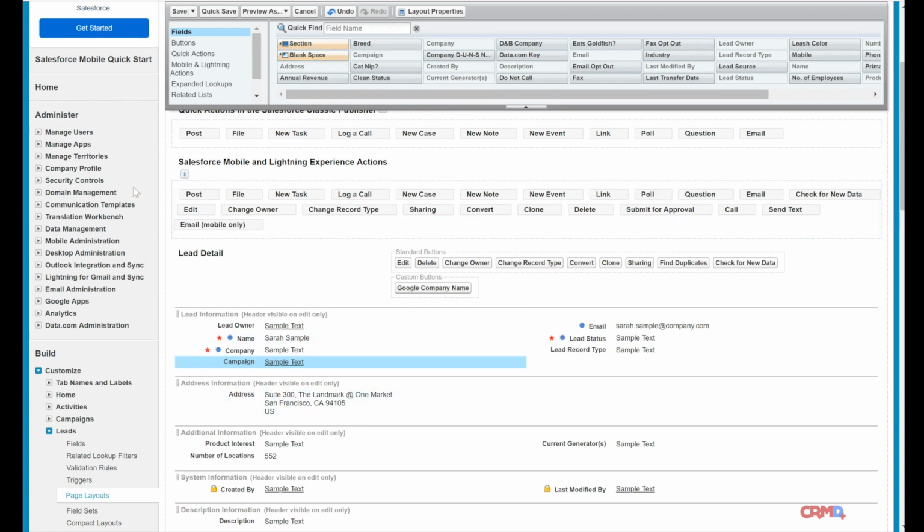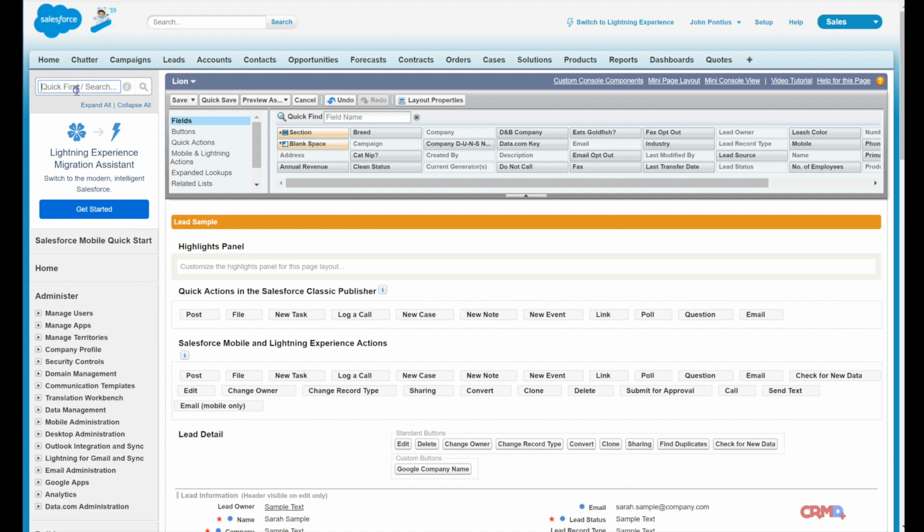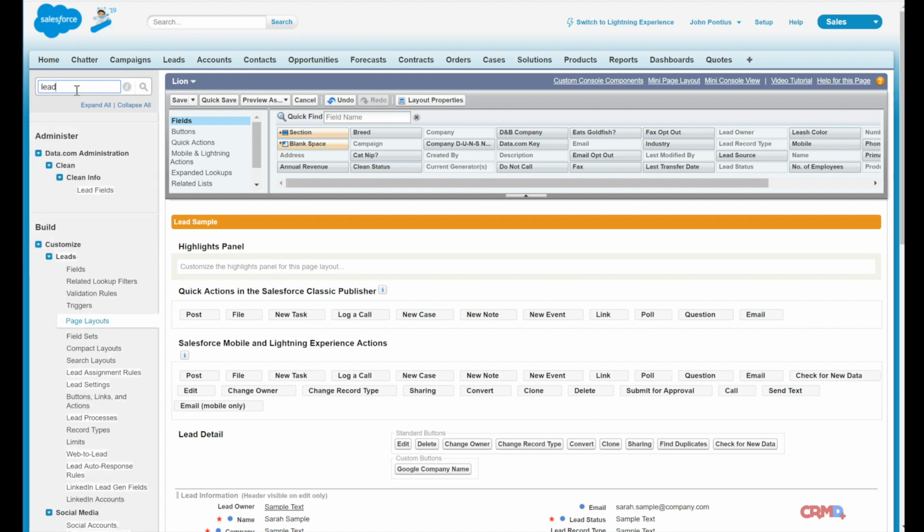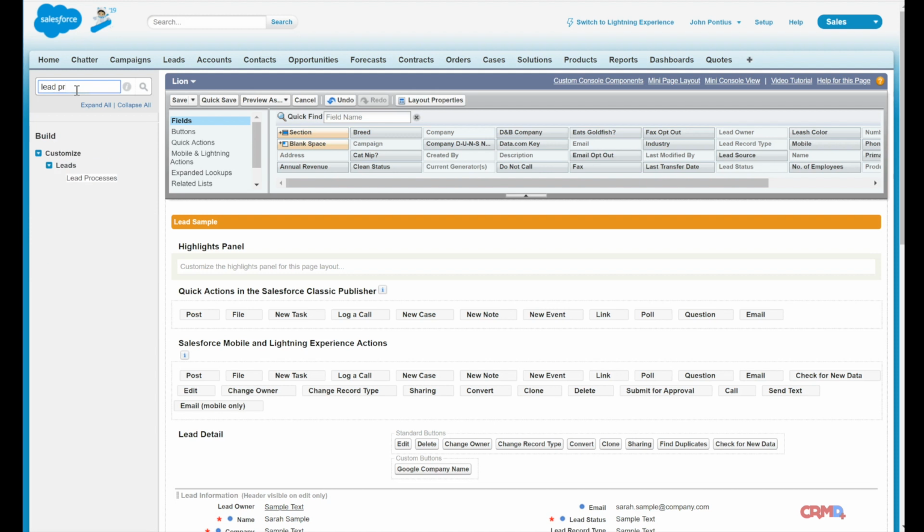So that's how I created those 2 layouts, and that's how you would create one if you wanted to create an additional one for your organization. So next up in the process is the lead process. So typing that in,